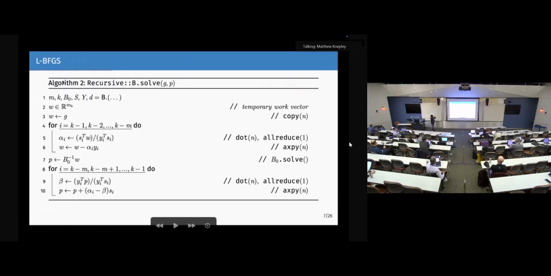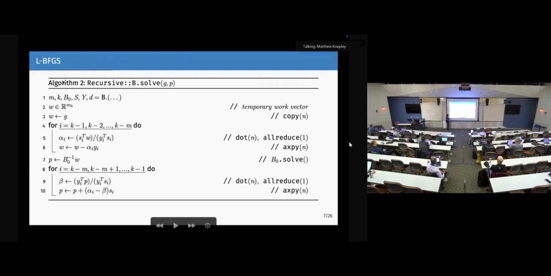Okay, so this is the classical BFGS, which I call recursive in this presentation. The big thing you need to notice here is that there are two for loops. We do a for loop with a bunch of dot products and AXPYs, then do a solve on the initial guess, and then do another for loop over dot products and another AXPY. Of course, you can cache this in an actual implementation, but I just put it there for easier understanding